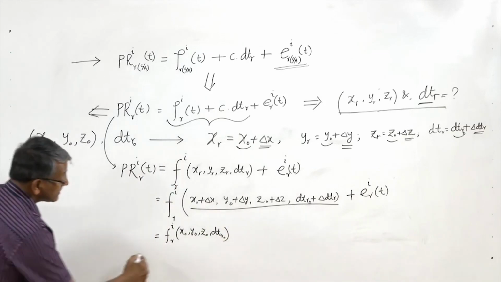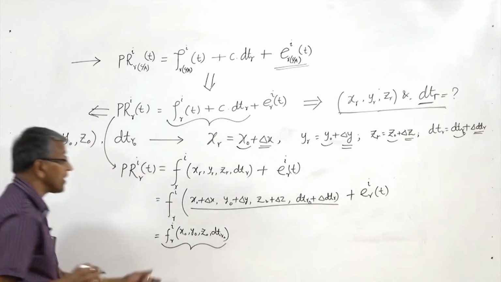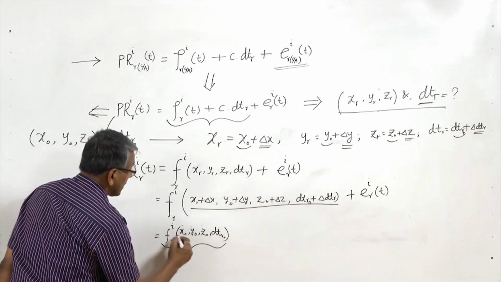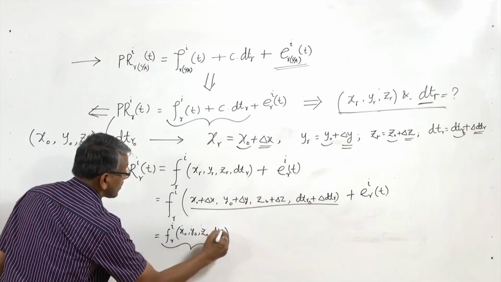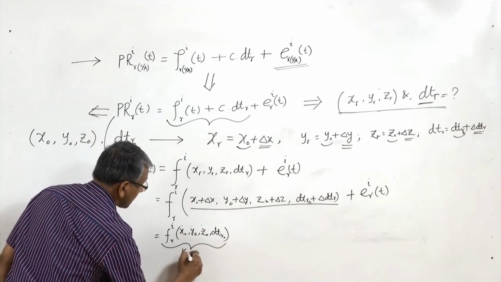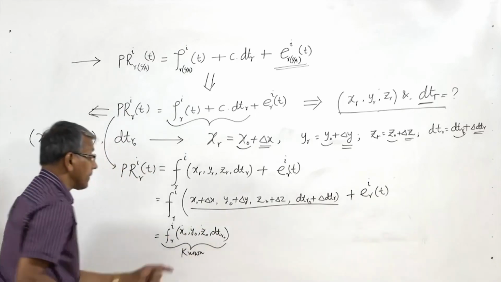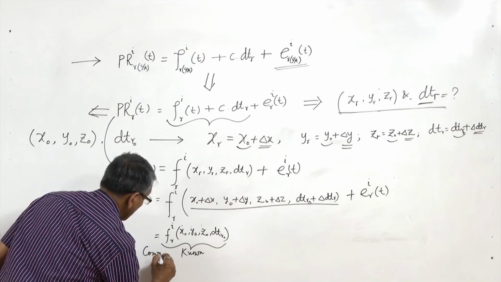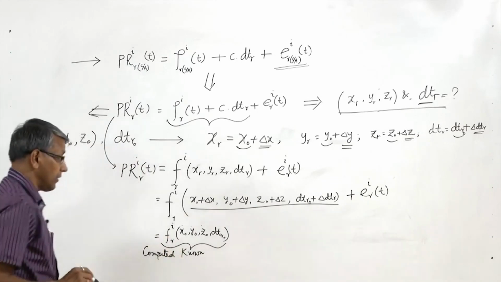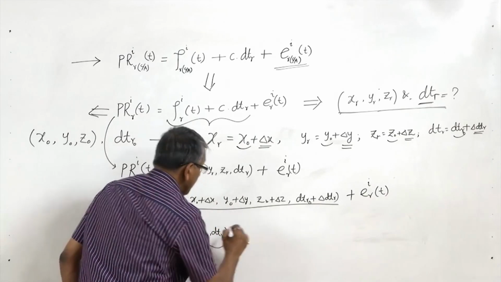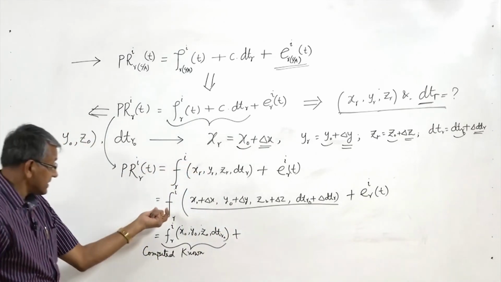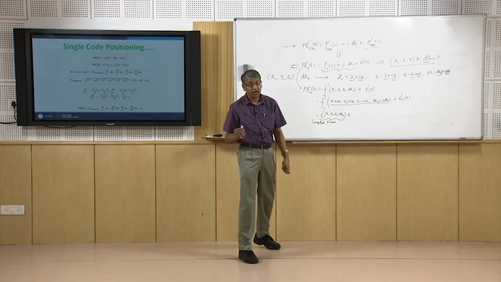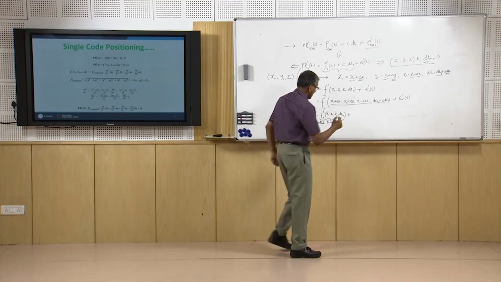Now we can see this is a function which is known to us, because these are known. So if we know the function, by putting the values of these we can get this. So this is known now, that is the computed known value. And now I can see this is a function which may be expanded by using Taylor series. So I will get